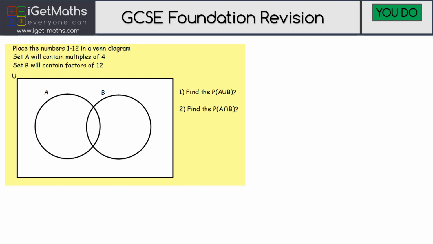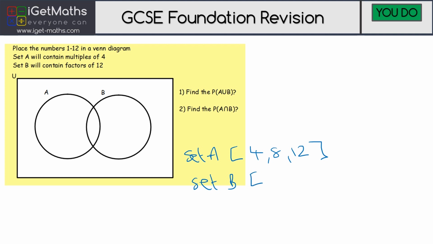Okay, so it says place the numbers 1 to 12 in a Venn diagram. Set A will contain the multiples of 4, set B will contain factors of 12. So again, we're going to go set A, and set A are the multiples of 4, so that's just your four times table, 4, 8, 12, and set B